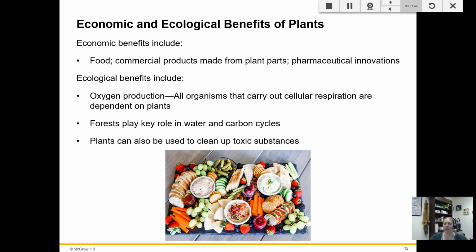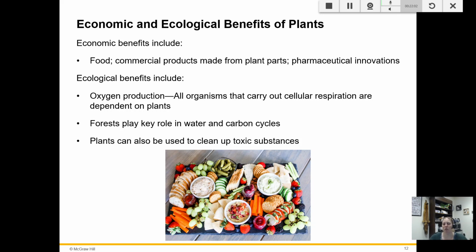So things like aspirin was derived from willow bark. Things like digitoxin that can be used to treat heart health comes from foxglove. Absolutely beneficial. We should be doing more to save plants and planting more plants in general, not just trees.